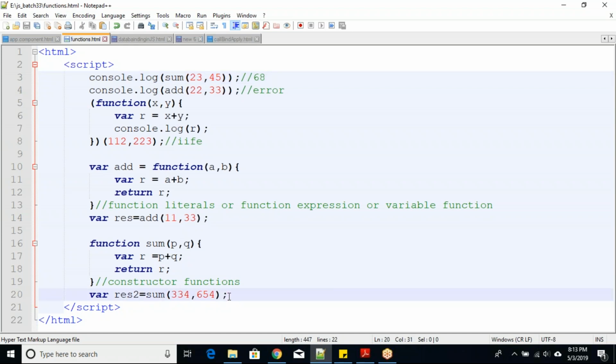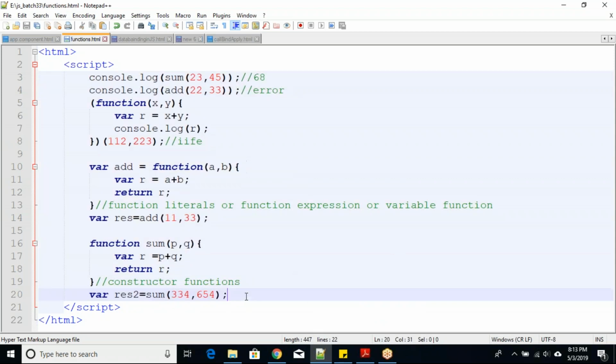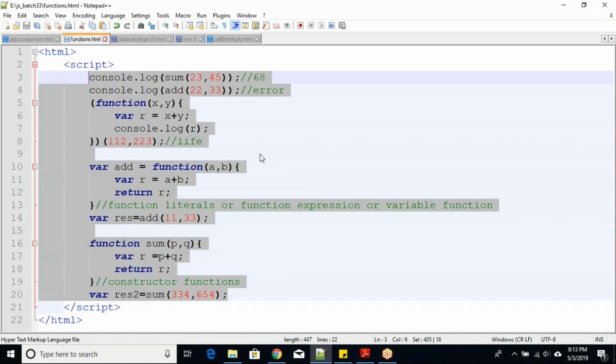You have to check what will happen if I do like this, because most of the textbooks may or may not cover all these points. Be careful about it. So hopefully I have justified how you define functions, how you execute a function, how you call an array, all these things.